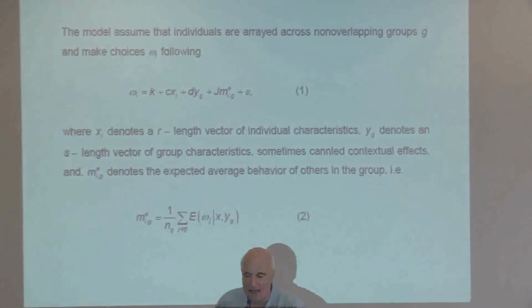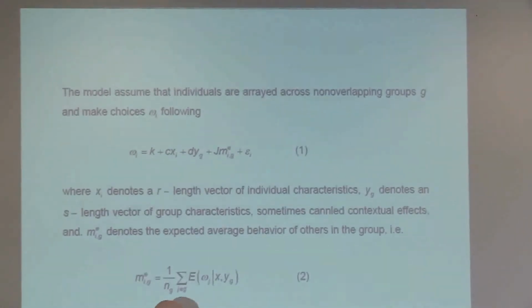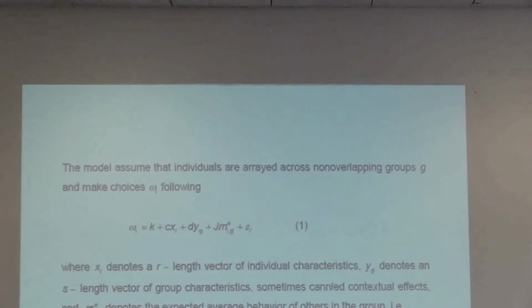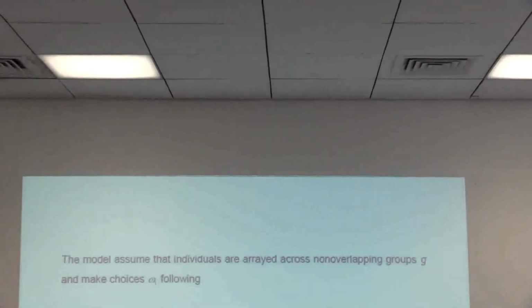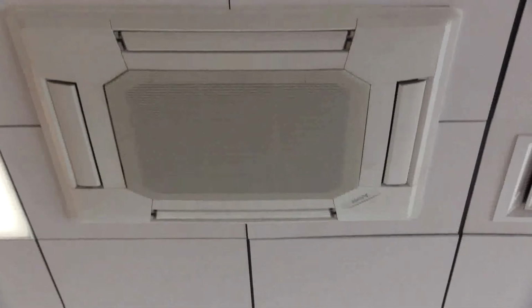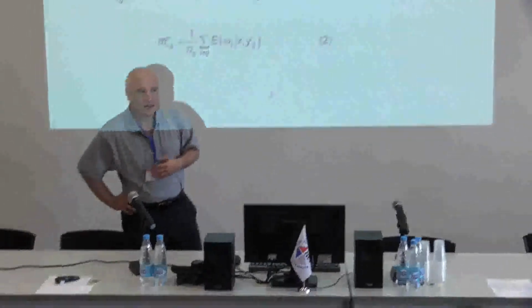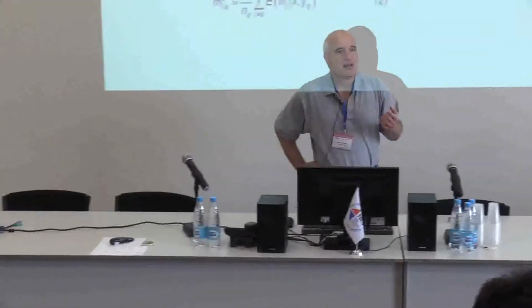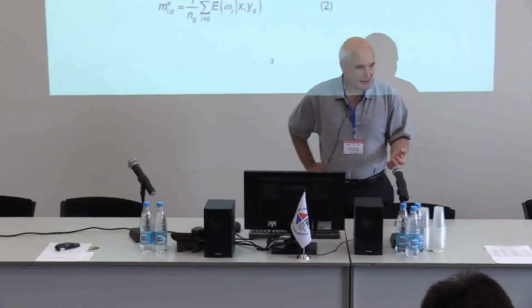And as I indicated, the idea is that we have some outcome of interest. It's going to be determined by three types of variables. One set of variables indexed at the individual level, and so that's the idea of parent and a second set of variables indexed at the group level. And so that would be the idea for something about the neighborhood I grow up in that has an effect on me. It could be the average of the parent's characteristics. It could be something else. And then the third is that there's an interdependence between my behaviors and the behaviors of others.